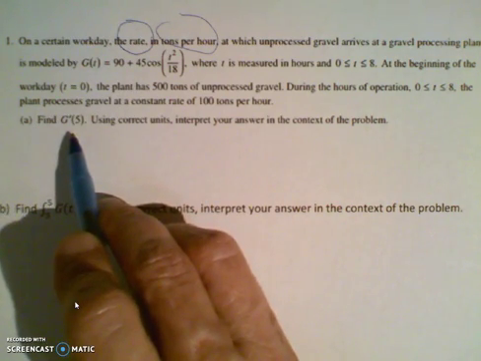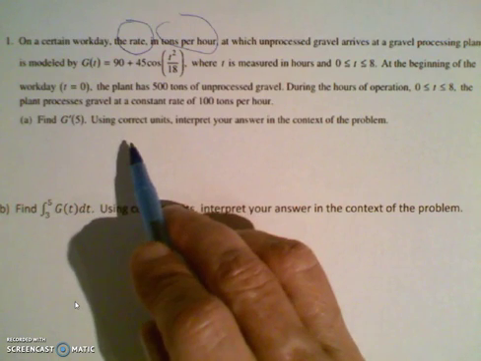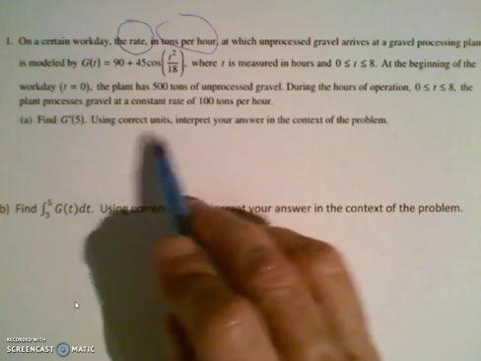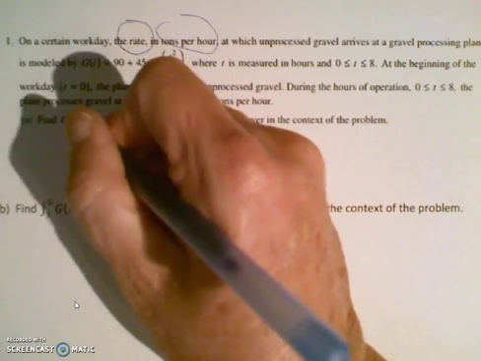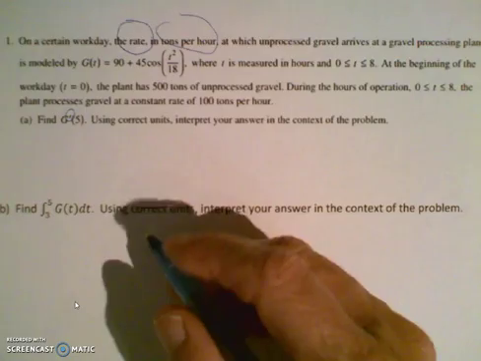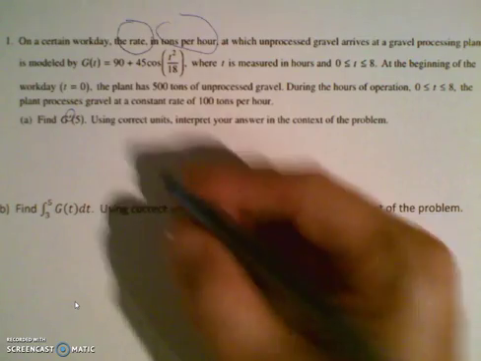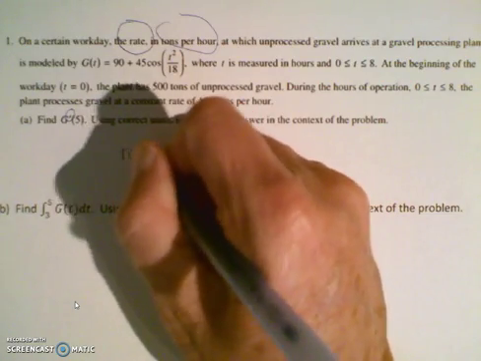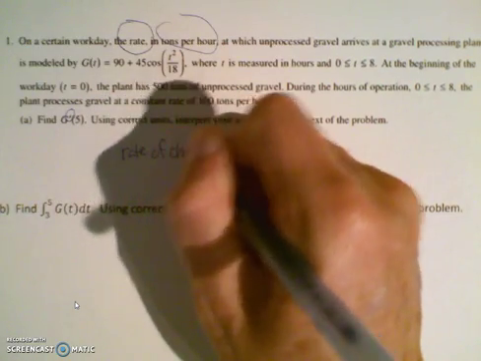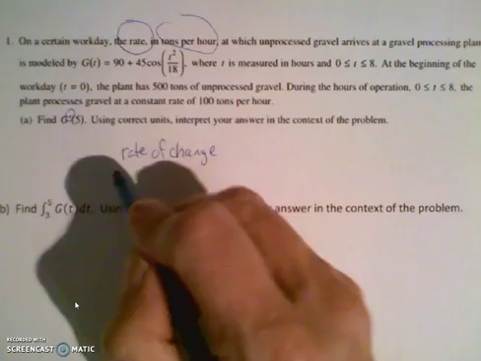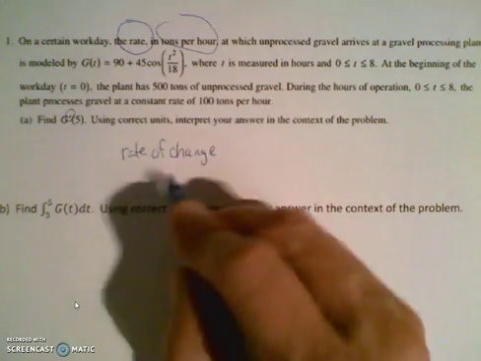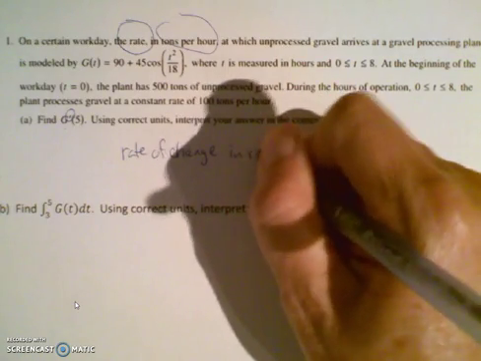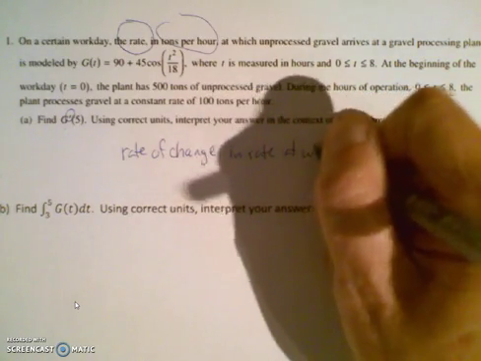I'm not really interested in finding that. What I'm interested in is the interpretation. Using correct units, interpret your answer in the context of the problem. Well, one thing to notice is that this is a derivative. That means it's a rate. So it's the rate of change in what? G, which is also a rate. So it's the rate of change in the rate at which